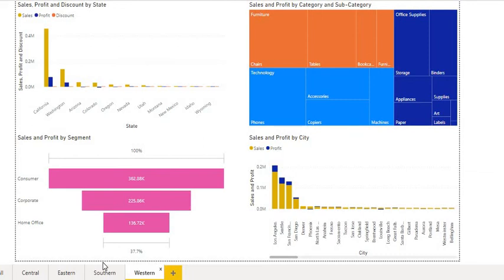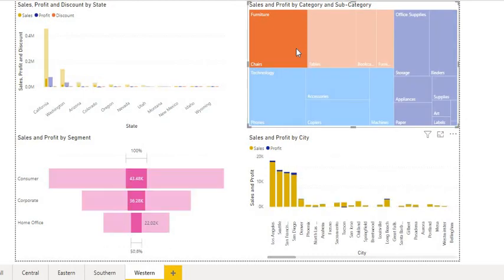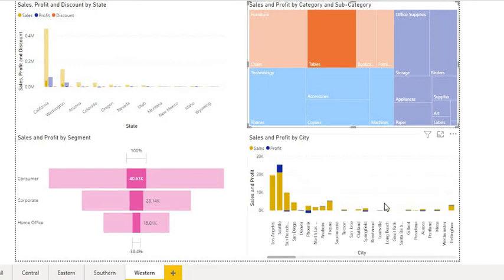In the western region we already saw that furnitures was doing well in this region. So we will start with furnitures, but before that let's have a look at the first diagram. You will see that in all the states there is profit, overall profit in all the states. We already saw in the overall view that in the western region all the categories were doing well. So let us have a look category wise. Chairs are making good profit. Tables, there is profit as well as loss, it's a mixed up view.